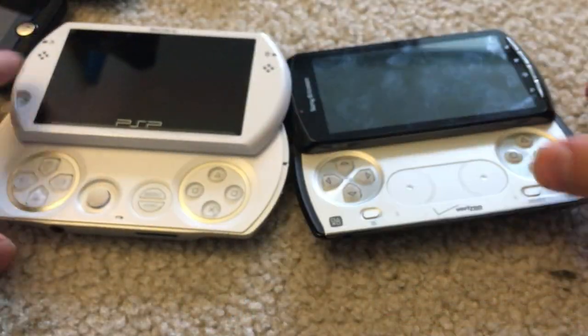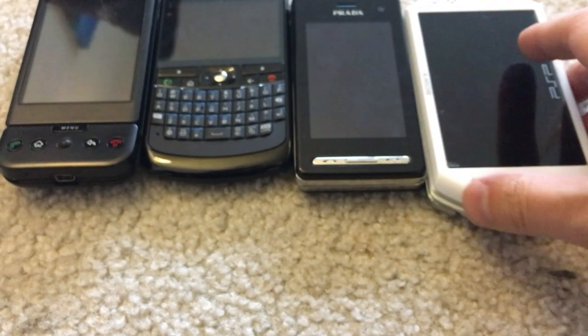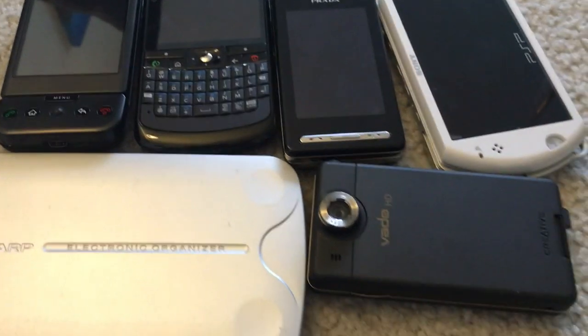PSP Go with next Xperia Play, and I have the LG Prada 2, Motorola Q11, HTC Dream, Creative VadoHD, and this sharp organizer. So that's it for now,